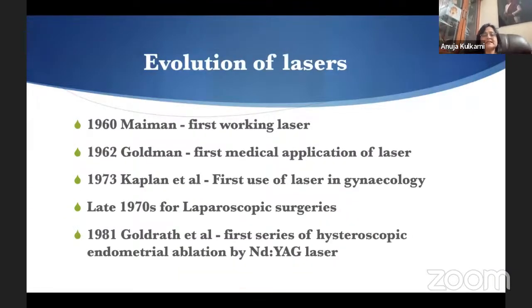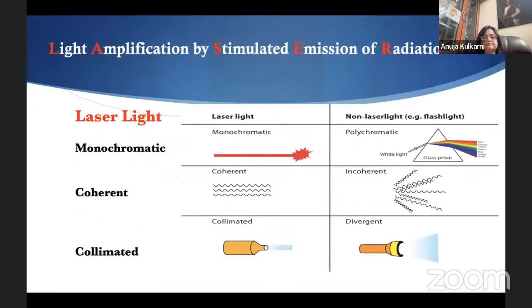Then in 1960, Maiman constructed the first working laser, and Goldrath used it for hysteroscopic surgery first in 1981. He used the Nd:YAG laser for endometrial ablation. So what is a laser? It is basically a monochromatic